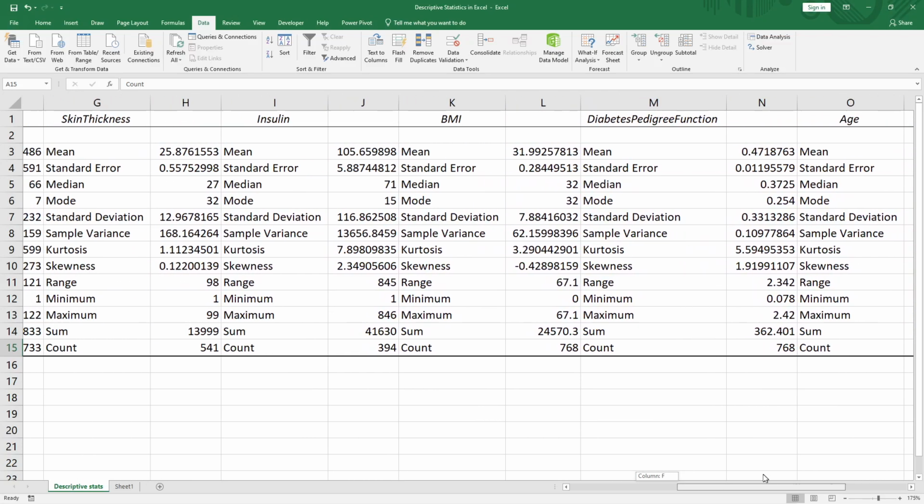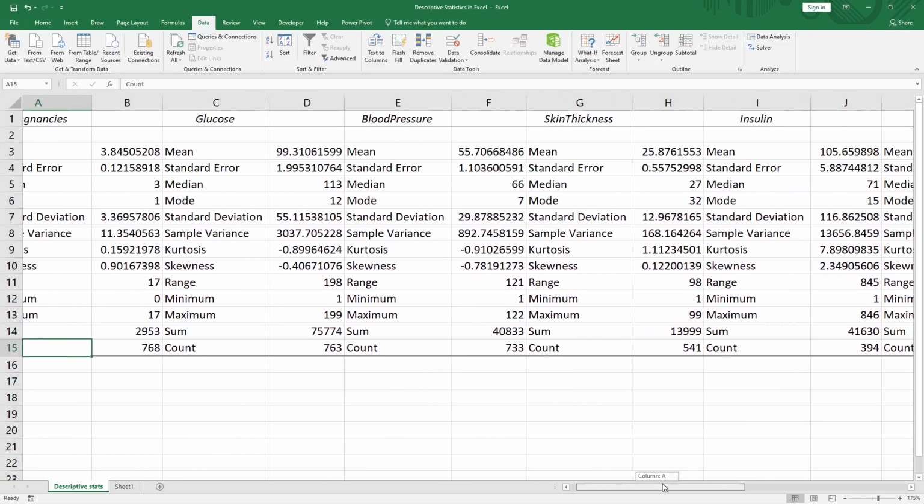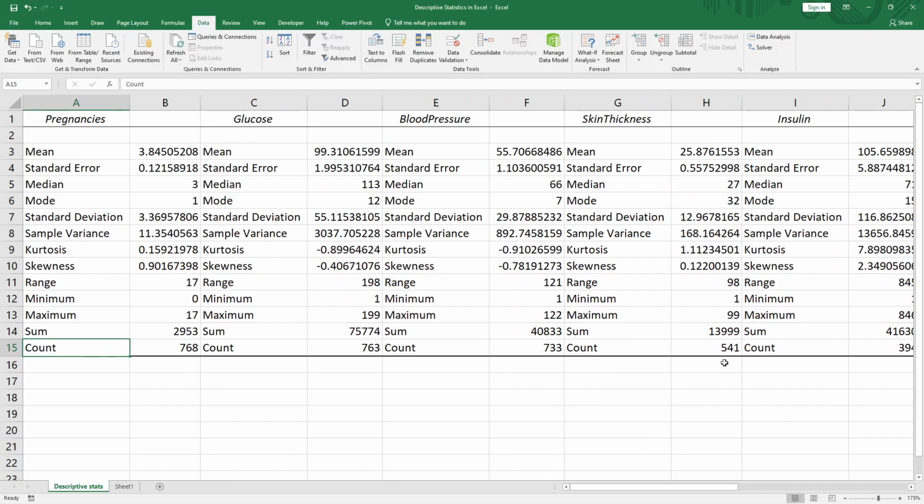What count specifies is how many observations there are in that particular column. And since count here is 541, that means I have some observations missing in my skin thickness data. So some observations are missing, and accordingly the standard deviation and sample variance have been calculated for these 541 values.